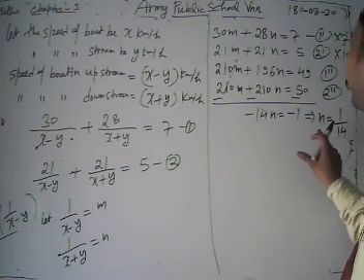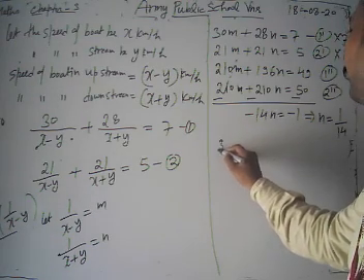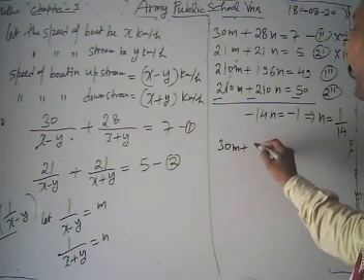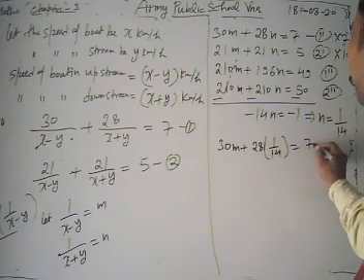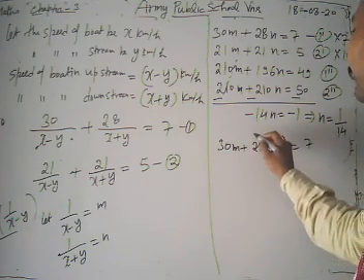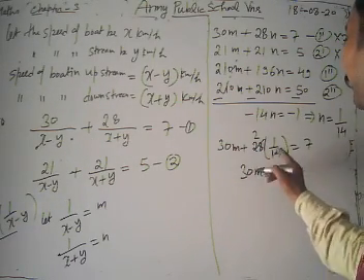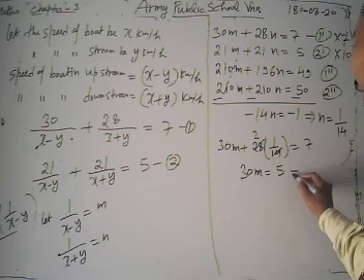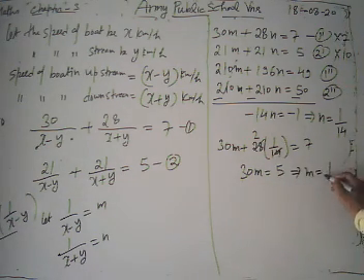Now we put the value of n in equation 1 prime. Then we have 30m plus 28 times 1 by 14 equal to 7, and 28 by 14 gives 2. Then 30m is equal to 7 minus 2, which is 5. From here the value of m is 5 upon 30, meaning 1 by 6.